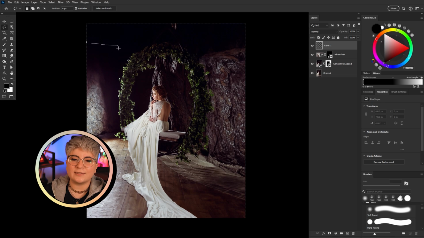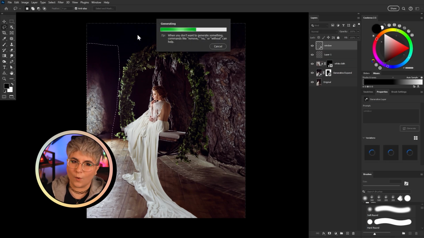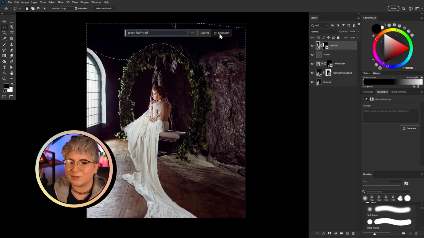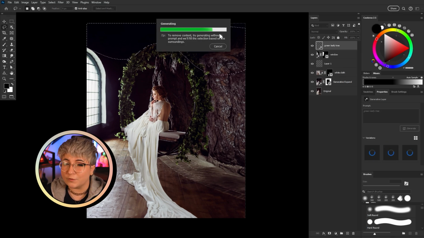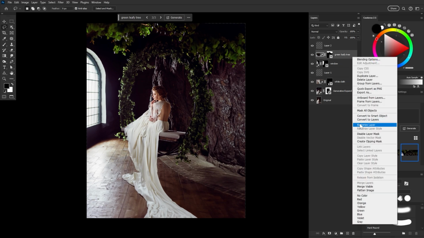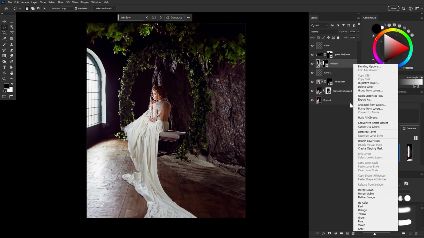And we can repeat that step as much as we want. You know, add some flowers, some whimsical tree branches, maybe a forest background. We can also remove details, add some lights. A slight warning though, generative fill layers can increase the size of a Photoshop file by a lot. Once you're happy with the results, it's always best to right-click and rasterize all of those generative fill layers, unless you have a whole lot of storage and memory, but it puts my 64 gigs of RAM to the test.